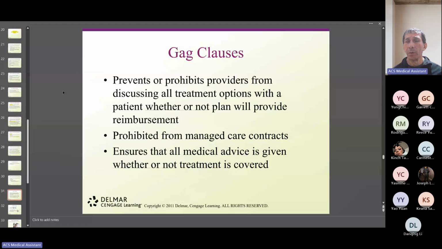Then I say, oh, you know what? There are no treatments for you. There are no options. Or, these are the only options you have: taking this medication, doing this. You give them something because you think, I'm not going to tell them about other options because they're not going to be able to afford it. No, even if you cannot afford it, even knowing that the insurance is not going to cover it, you have to disclose that there are certain procedures out there for you.